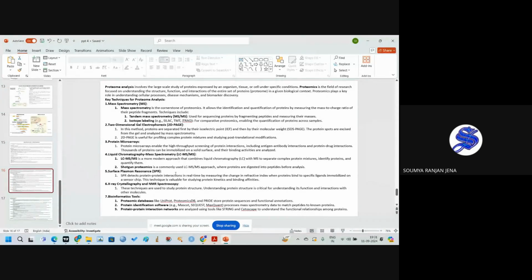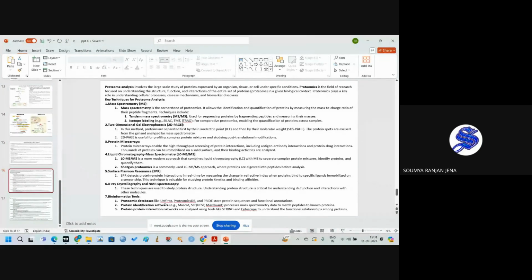Protein-protein interaction is important for receptor or ligand signaling, and this will be studied by this surface plasmon resonance. And X-ray crystallography and NMR spectroscopy are used to study the protein structure, how the primary, secondary, tertiary, and quaternary structure will be found. And we also describe different